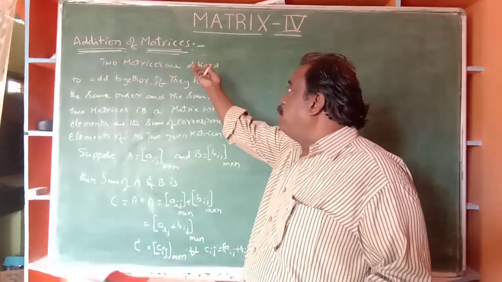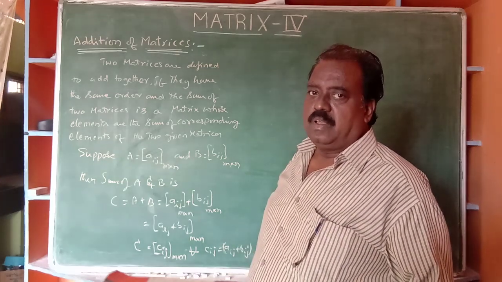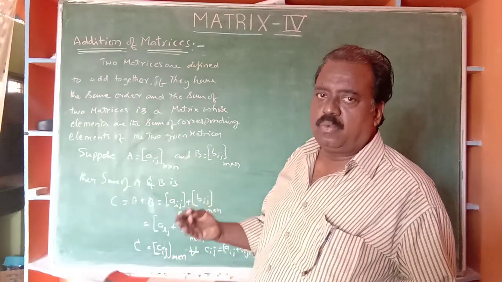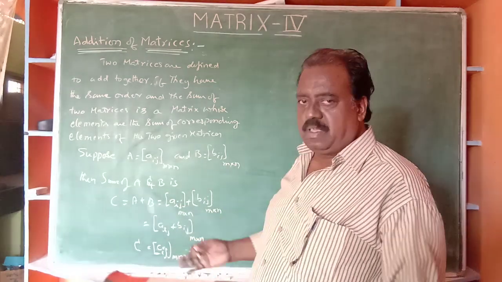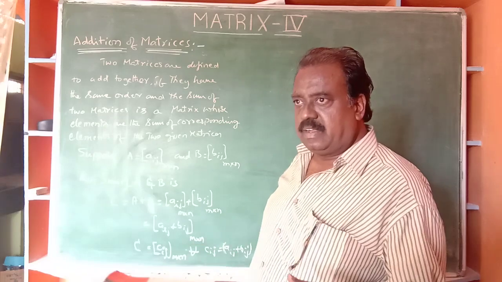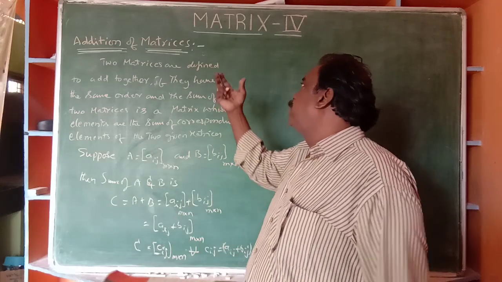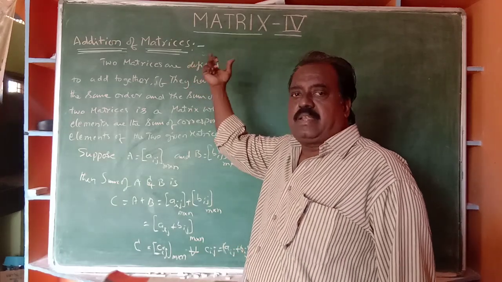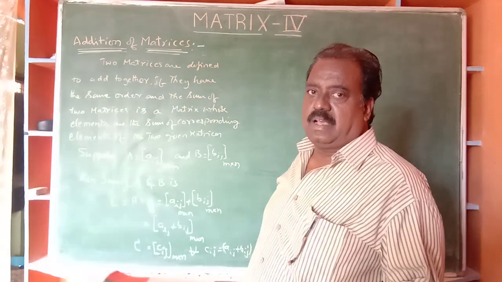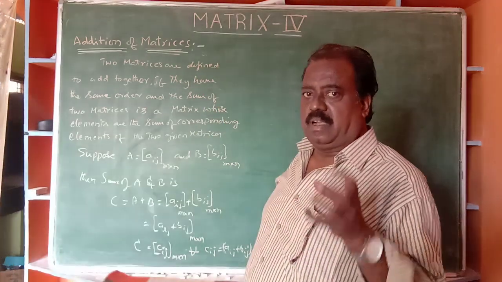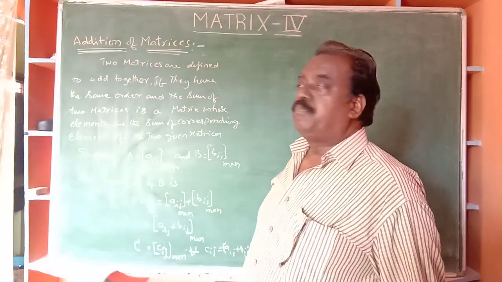It is not a number. 5 plus 6 is equal to 11. 10 plus 2 is equal to 12. 8 minus 3 is equal to 5. A plus B, X plus Y, like that, the addition, summation is there. Similarly, for this concept, matrices, plural form, also have summation, addition, subtraction, multiplication.